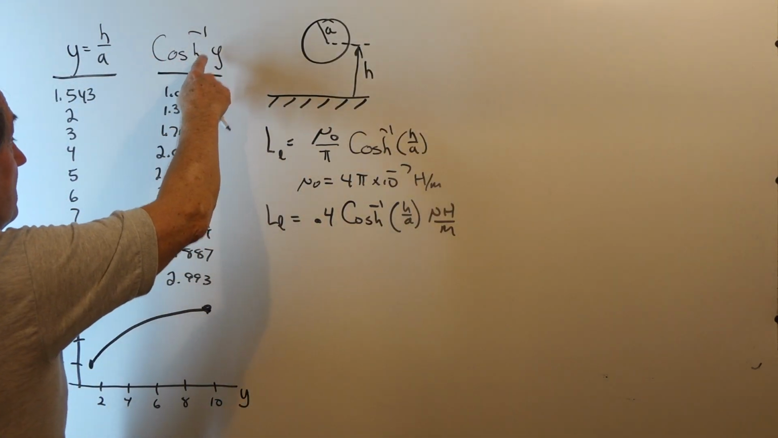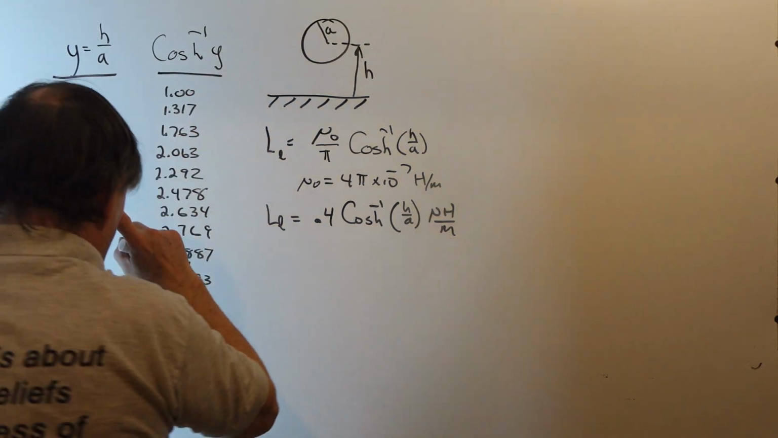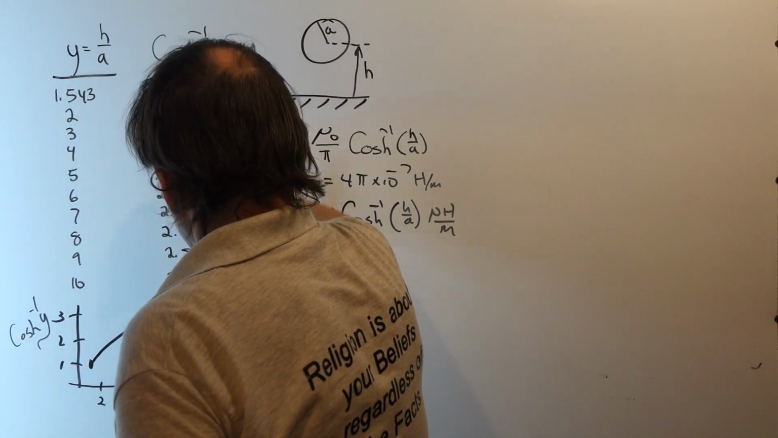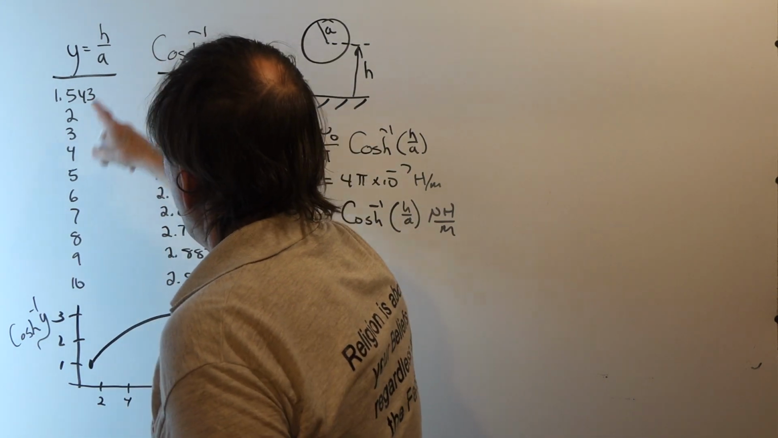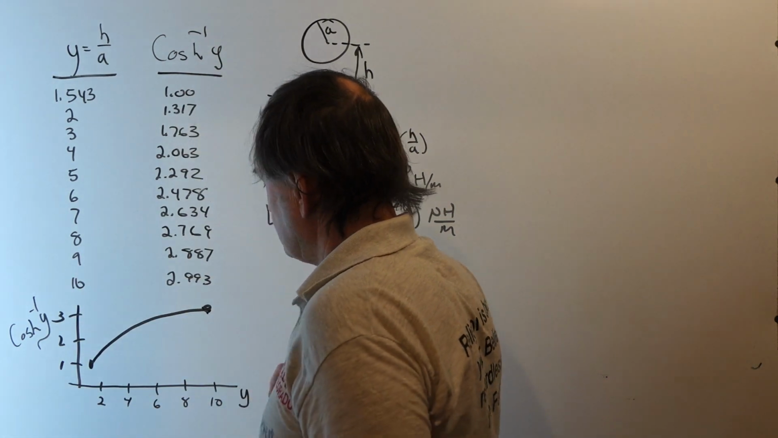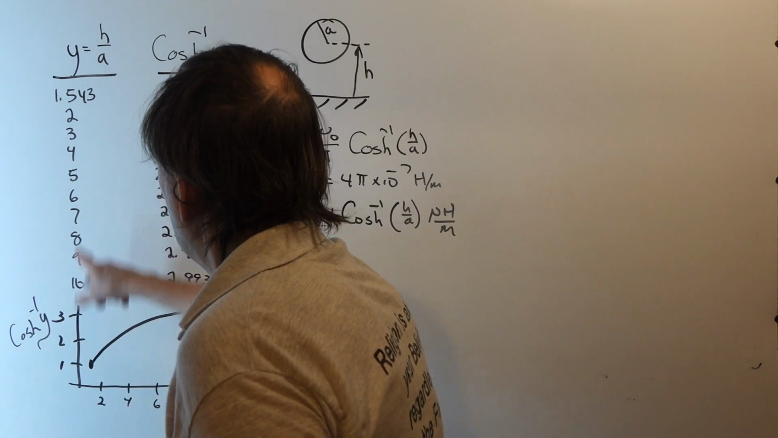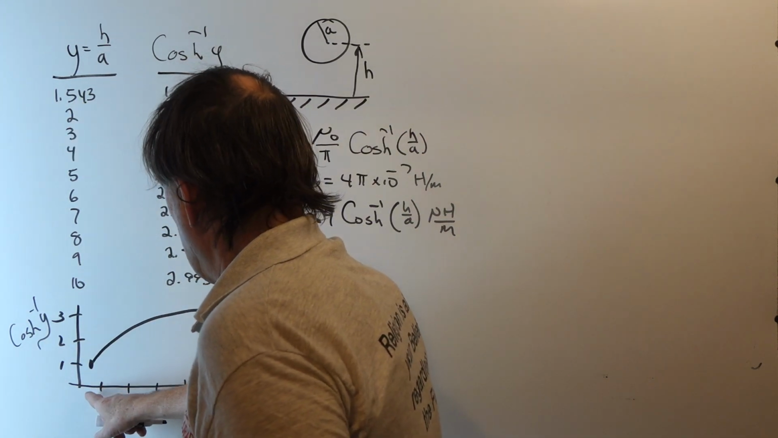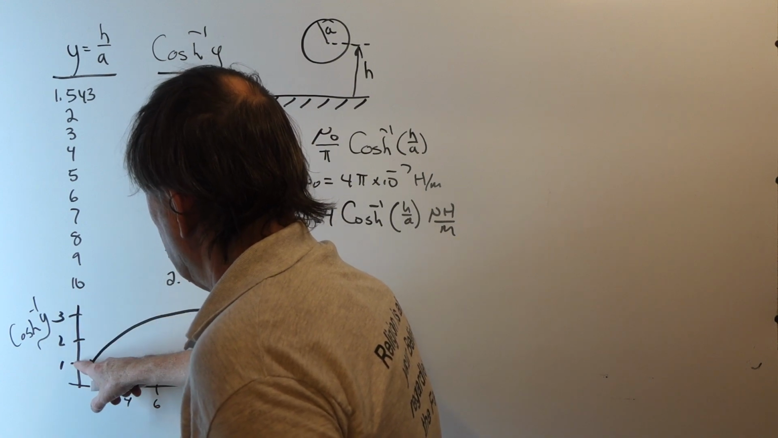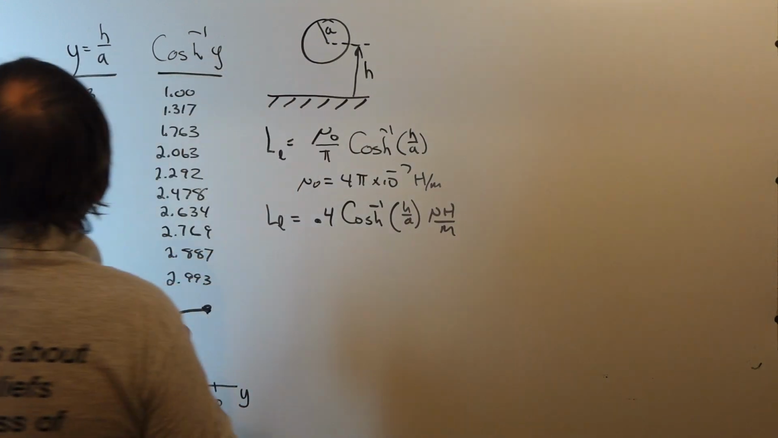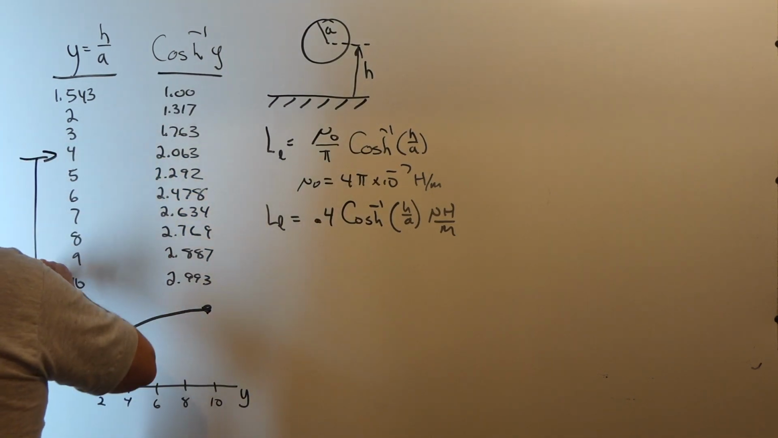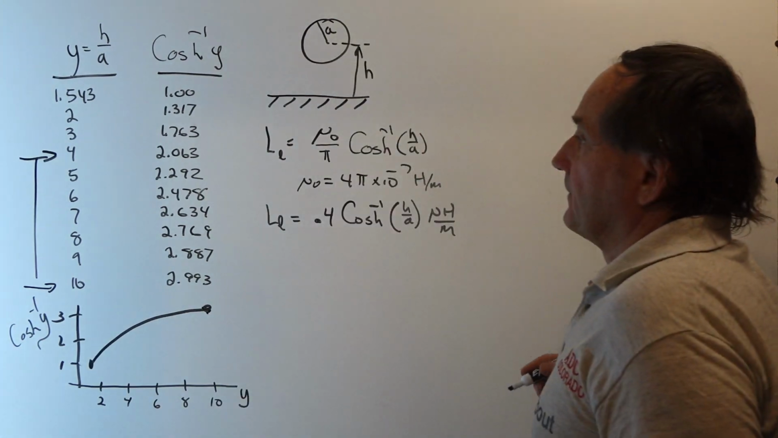The inverse cosh of y is this value. We see that it's a very weak rising function with y. It looks a little bit like this. We go from a y of 1.5 to a y of 10, and the inverse cosh only changes from 1 to 3. Now let's just focus on the inverse cosh in this region here, where the h to a